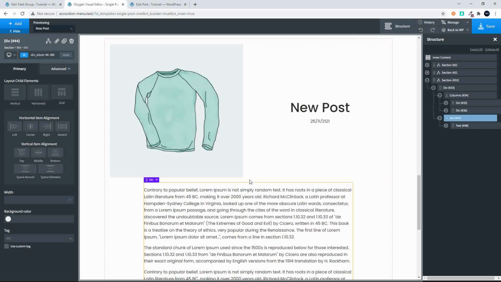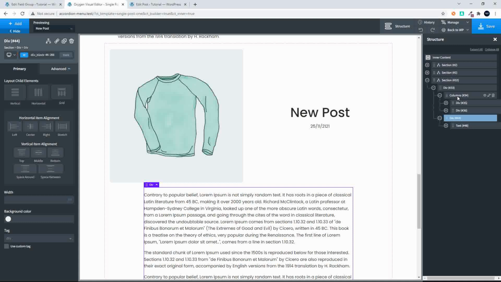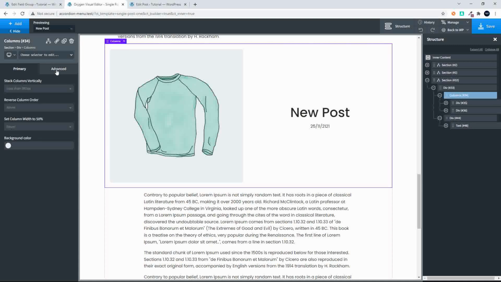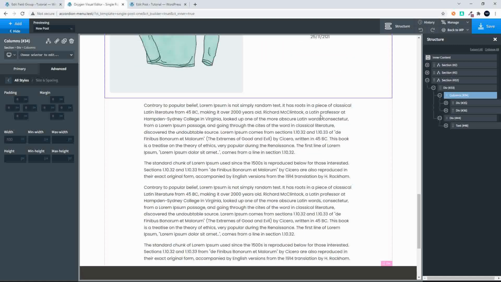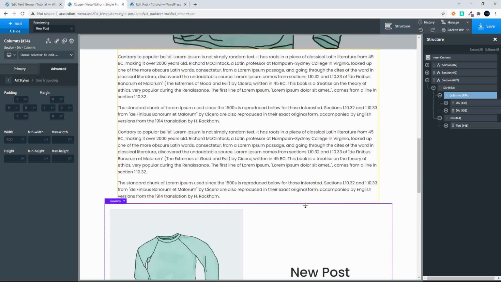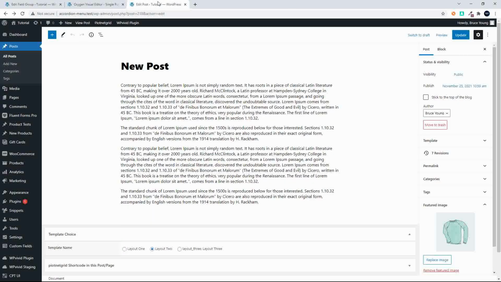So there we have our new layout for our post, and what I am going to do in columns is just to make sure that it stretches all the way. I'm just going to set that to, it's already set to 100%. So there we have our post, and this is now with the selection number 3. So we'll save that. Now when I head over to edit the post, I'm going to select layout 3, update,